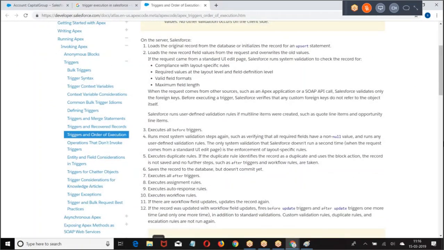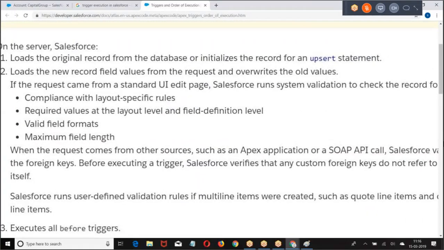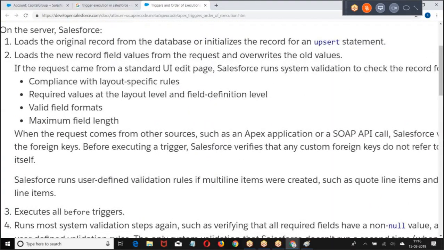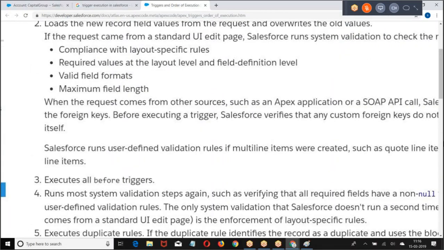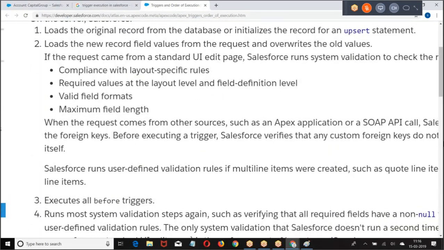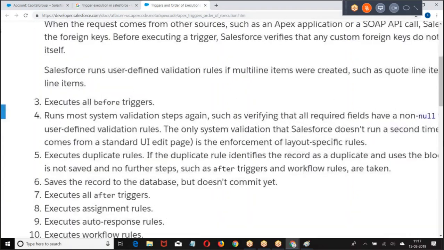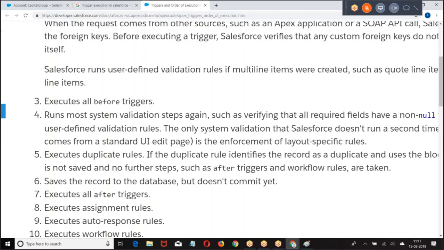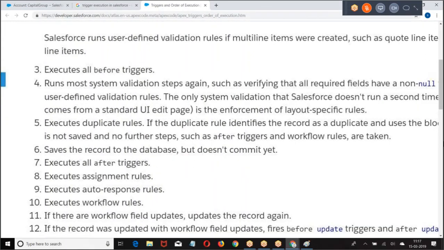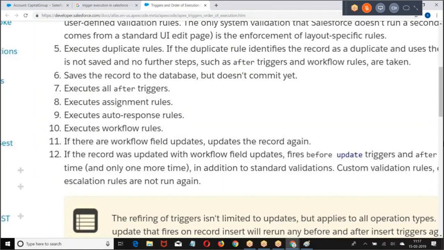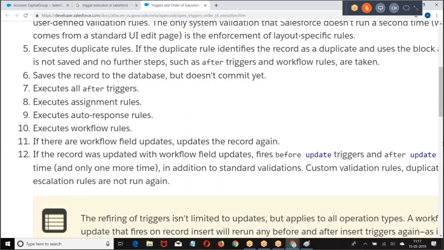First, fetch the record, then check the validation rules. First the system validation rules. What are the system validation rules? Whether required fields are entered or not, whether the data type is matching or not. This is system validation. First, fetch the data, check the system validation rules, check the custom validation rules, then go for before triggers, again check the validation rules, then check the duplicate rules, then save the record, after triggers,